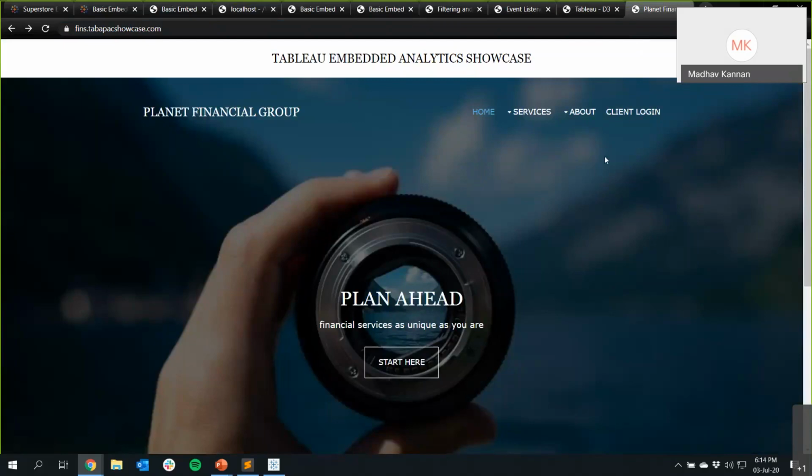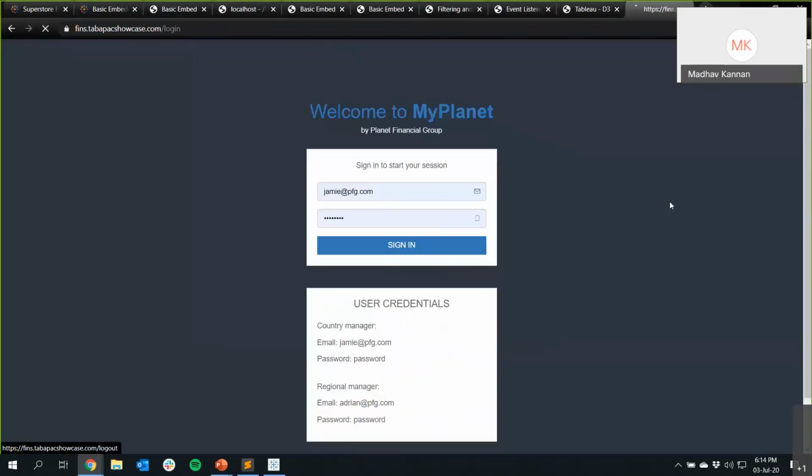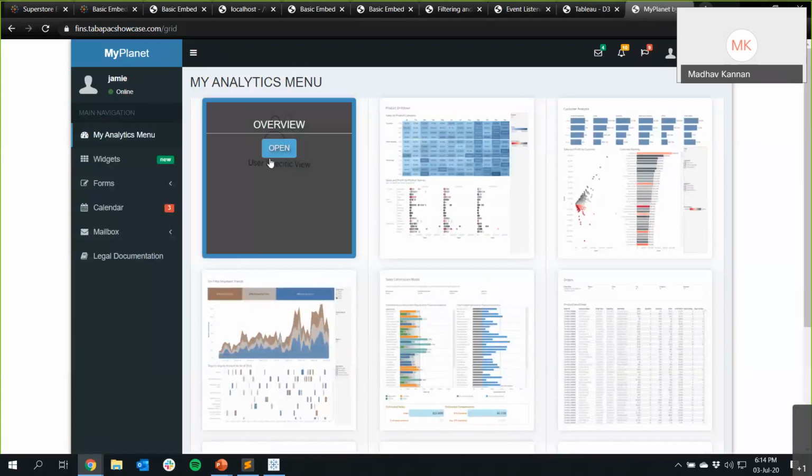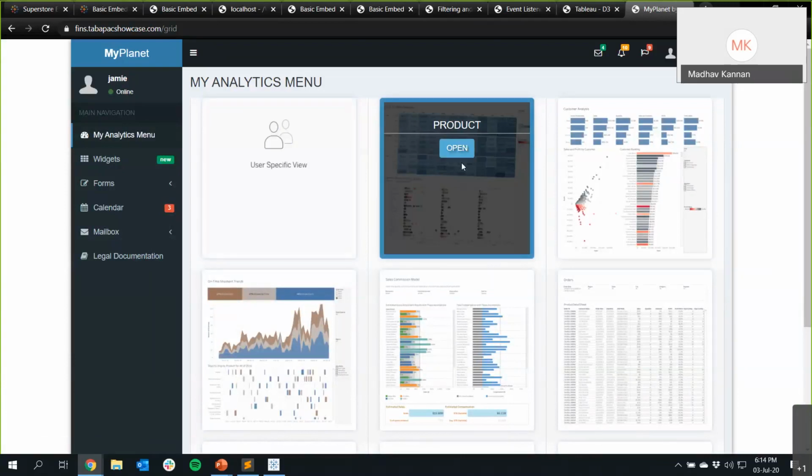So just imagine that you have a user who comes onto the platform. Let me just sign out. I think I've already signed in. And they come over here and click on sign in, right? Now, they enter their information over here, which is managed by the web application, their username and password, and they sign in. Now, using the REST API, we can actually query the dashboards that the user who has just logged in